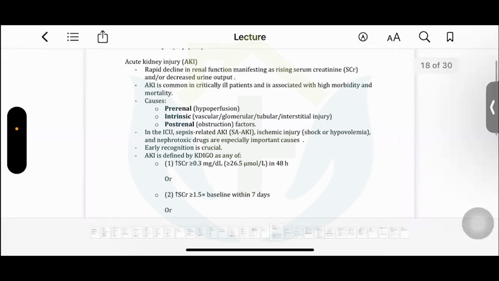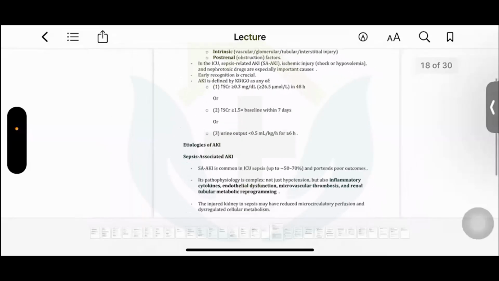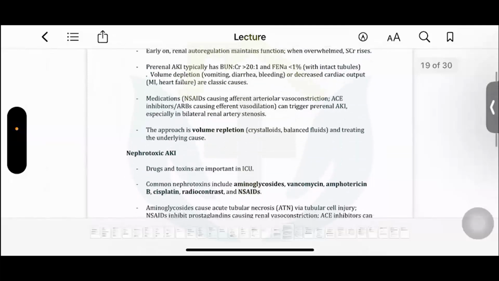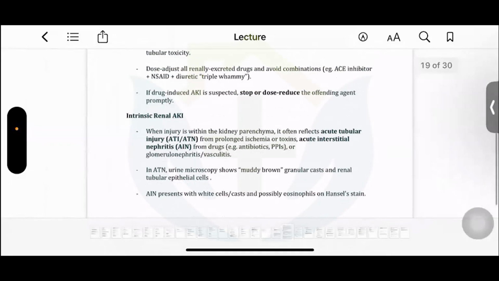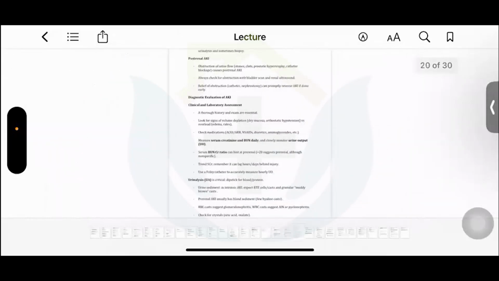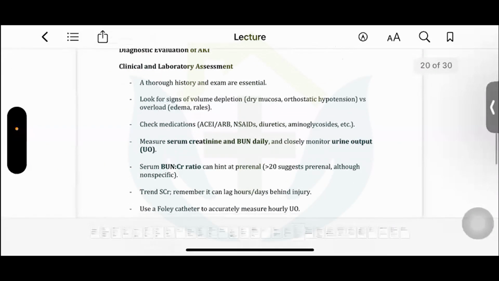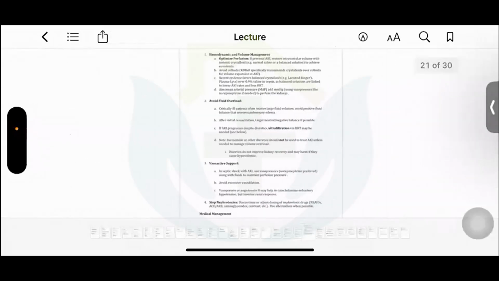And of course, look for obstruction in the urinary catheter. All right. So these are the basic definitions and etiologies. So all kinds of AKIs, ischemic, nephrotoxic, intrinsic renal AKI, all of them are included in this lecture. So diagnostic evaluation, you all know all of that part. So the important part is